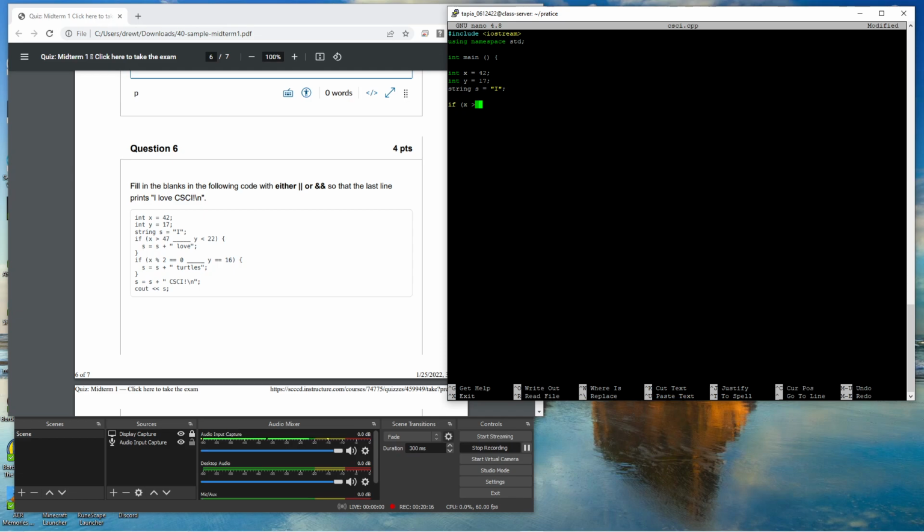x is greater than 47, and then we're going to go or here, because basically we want it to print love and not turtles in this situation, because we want it to say I love CSCI, not I love turtles, then CSCI. So basically we're going to use an or here because 42 is not greater than 47, but 17 is less than 22. Alrighty, so we're going to go ahead and use the or there, and then if y is less than 22,